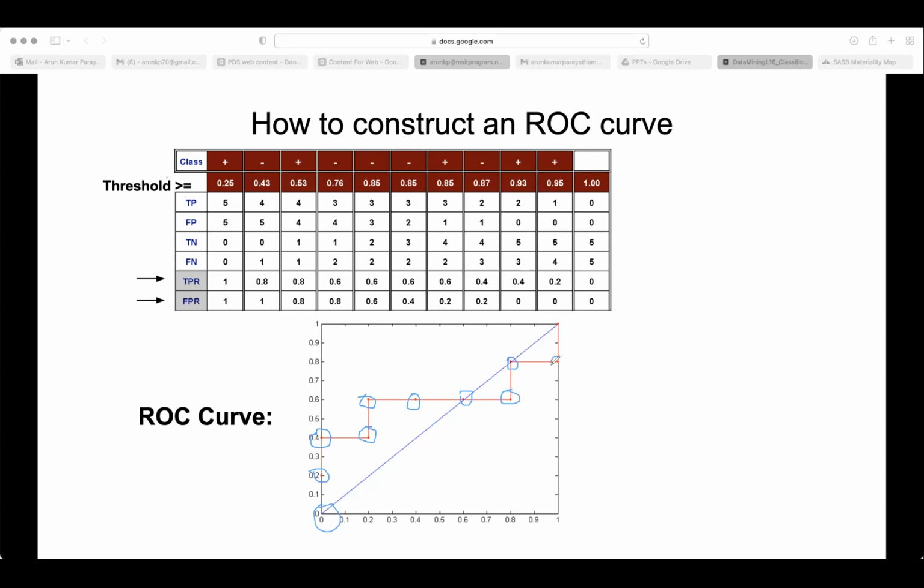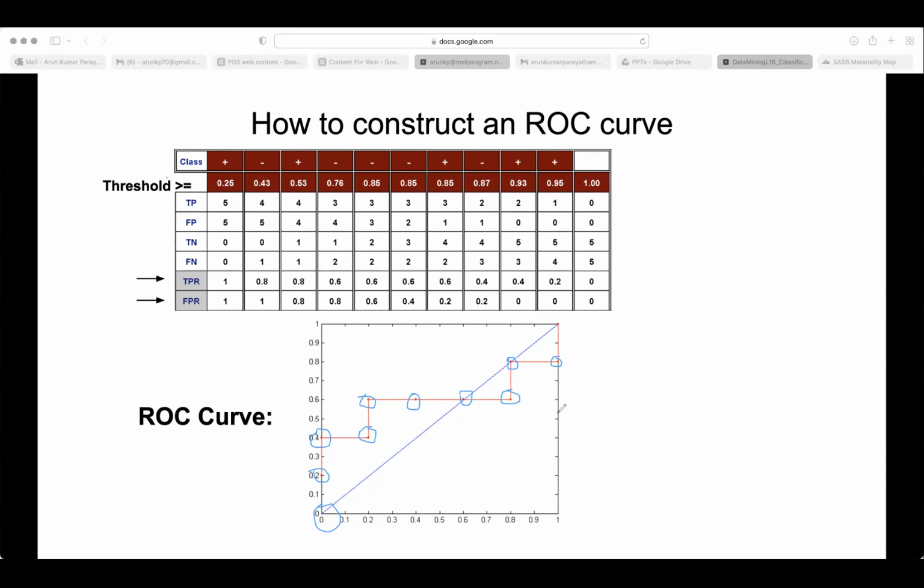So you won't get a curve initially, you'll get a curve like this. It's okay. If you use many points, not just 0.25, 0.43, here we have only 10 instances. That's why we are not getting a curve. But if you have so many instances, they take values very close. If 0.26 is also there, then you'll get a very close value. Then it looks like the earlier curve that was shown, right? So usually with 10 instances, we won't build the ROC curve. We will take some 1,000, 2,000 instances. Then you'll get a curve type of thing.